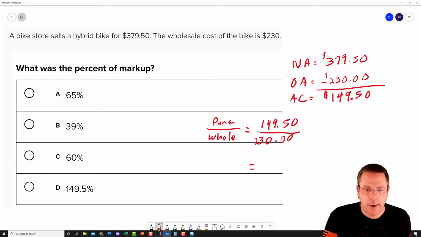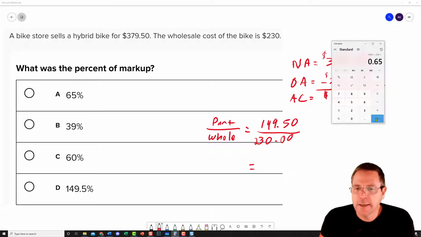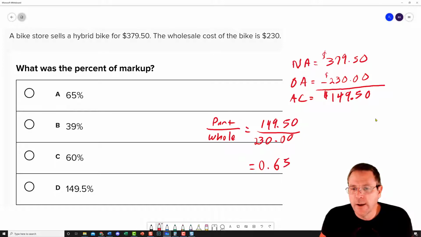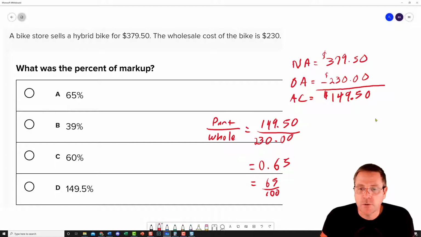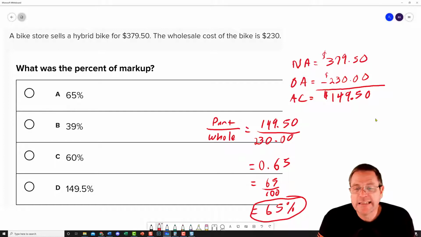So let's grab our handy dandy calculator here. We're going to take 149.50 divided by 230, and that's going to give us the decimal value of 0.65. Of course, that could be read as 65 hundredths, or 65 over 100, and of course 65 over 100 is nothing more than 65%. So on that particular bike, there's a 65% markup that the seller puts on their wholesale cost prior to selling